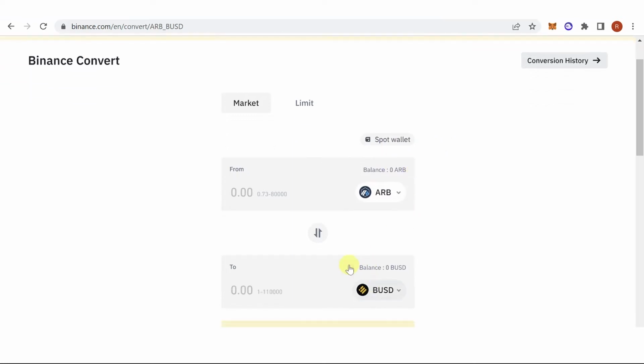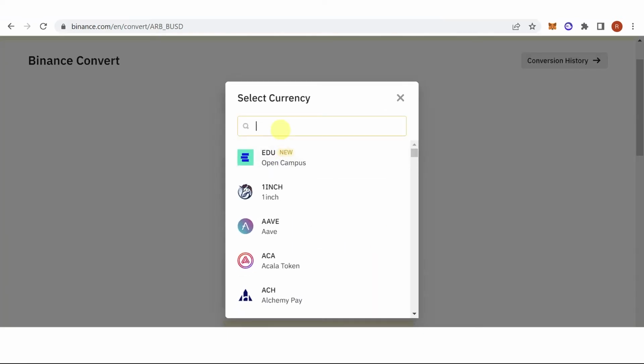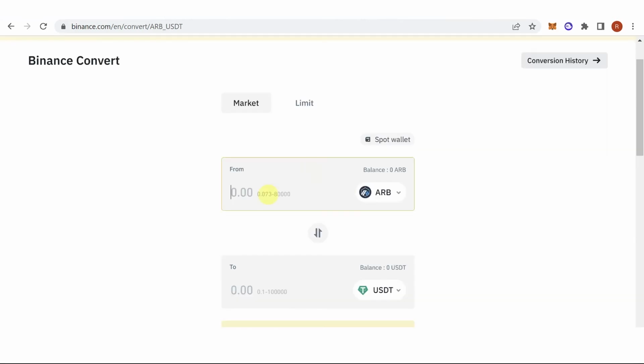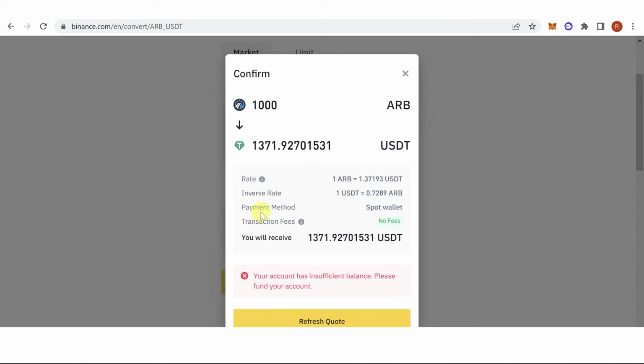And then click here. You can choose either BUSD, USDC, or USDT. For example, we're going to use USDT. Click here and then type down the amount of Arbitrum we want to sell or convert. For example, 1000 Arbitrum. Click preview conversion and then you will receive this amount of USDT, but since I have